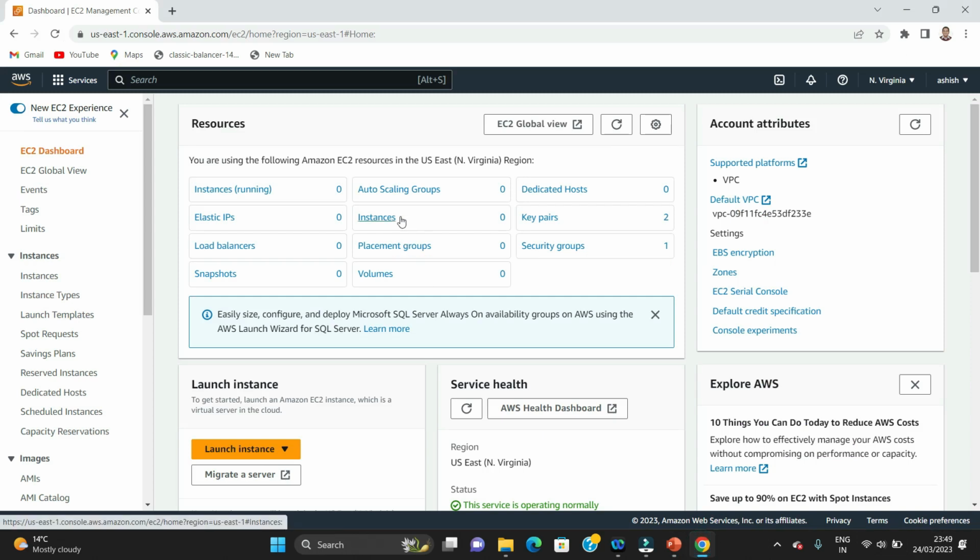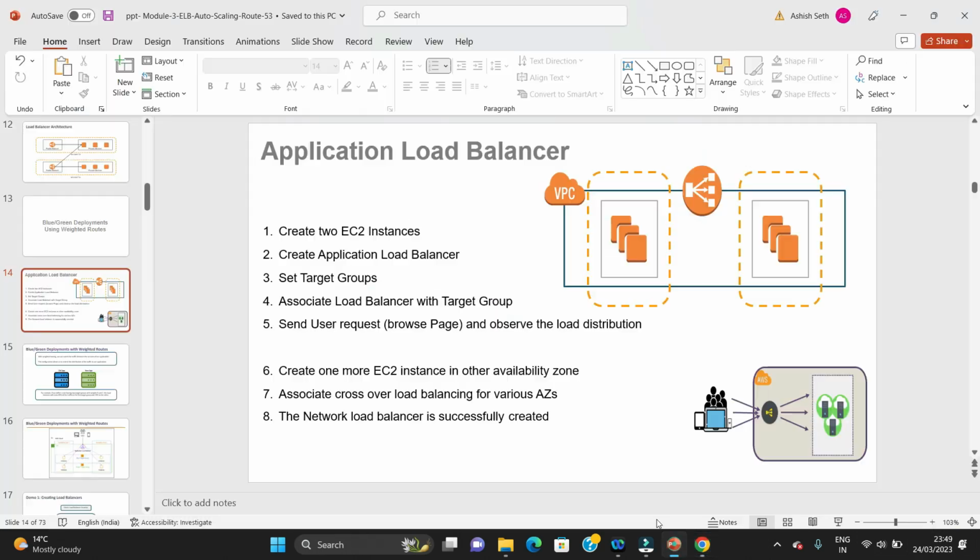Okay, so this is my account. The very first thing is, as I showed here, we have to create two EC2 instances. These instances are basically running a website, so you can call these web servers which are running a website. For the demonstration purpose, we are going to create two Ubuntu instances, and on top of it, we are going to install Apache 2 server on it,